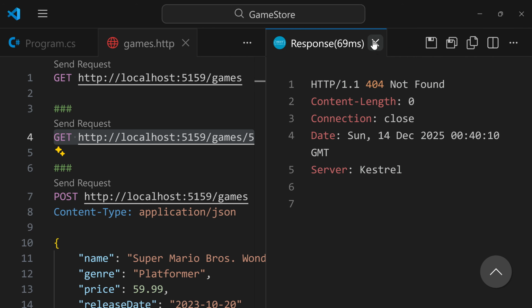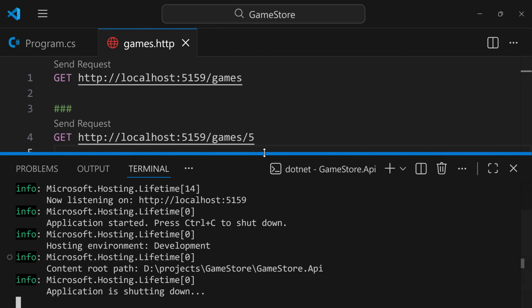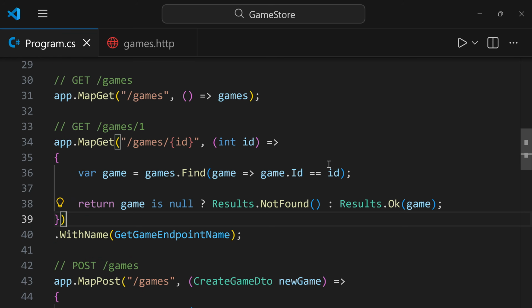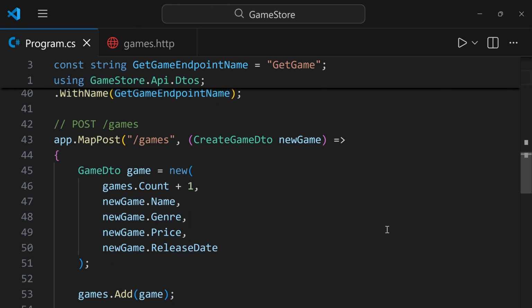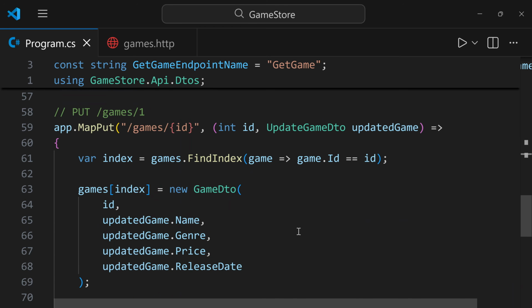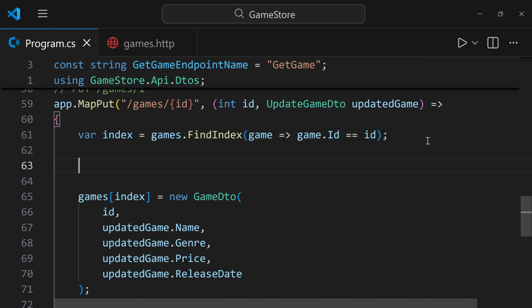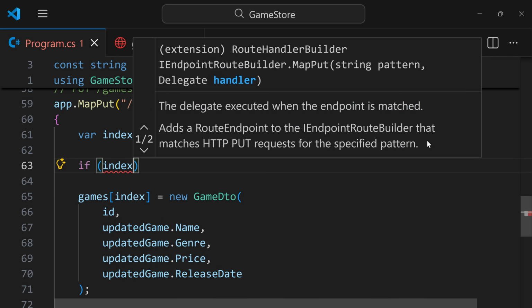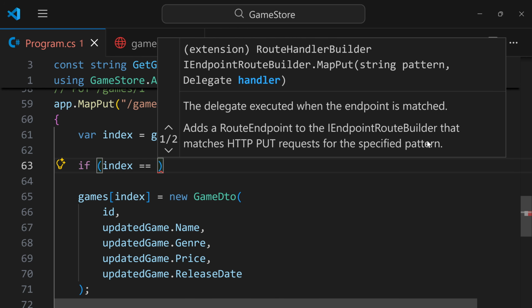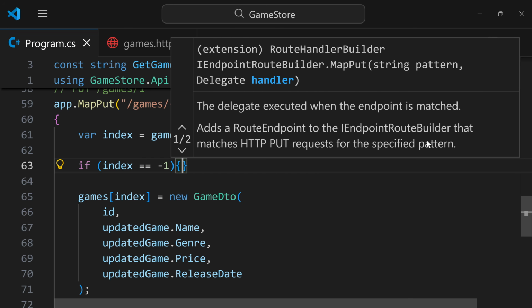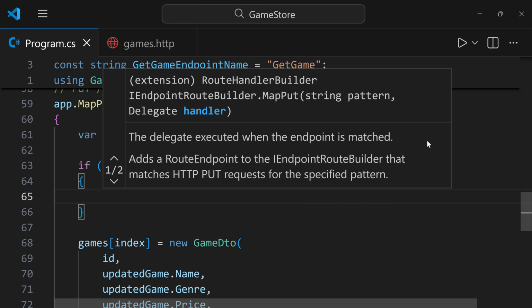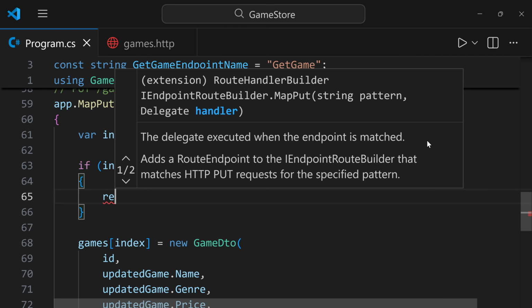Now, in a similar way, we should deal also with our put endpoint, right? Because that also is going to try to locate that resource. So let's scroll down here into my put. And here, just after finding the index of the game, we're going to say that if the index equals -1, which means that we were not able to locate the index of the requested game, we're going to just return